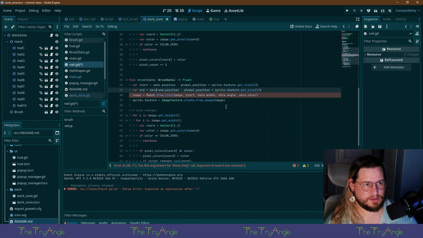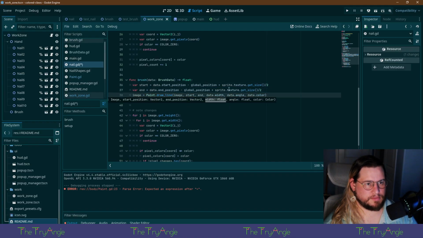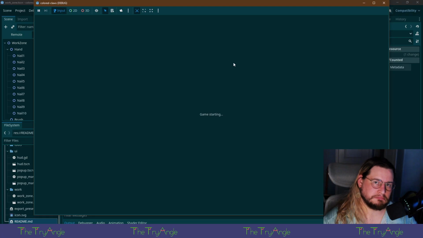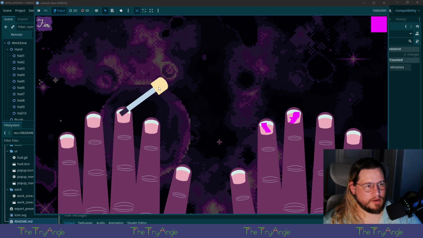End position and start position. See, start and end. Yep. Let's see how that goes. Oh, I think it's working. Oh my god, it's working way better than I thought, and it's not bad.